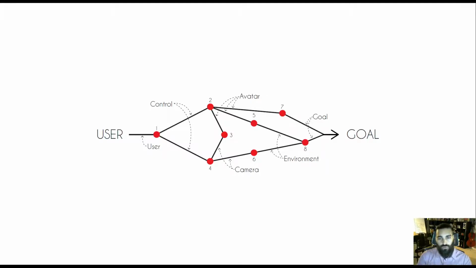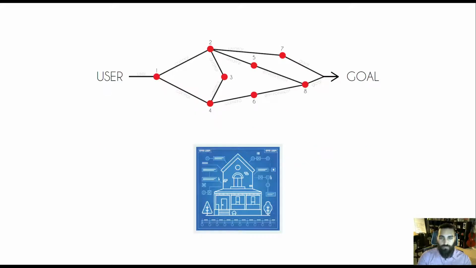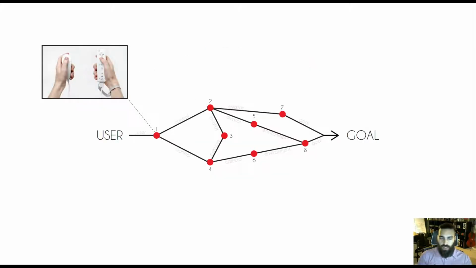We have a user, we have the control, we have the avatar, the camera, the environment, and the goal. But everything extra that's depicted is really all the relationships that emerge from them. And I do believe that this is a more accurate blueprint for a game experience. So let's walk through how all the different design instances and decisions fall in very specific instances of the game experience, or in this relational model and joints.